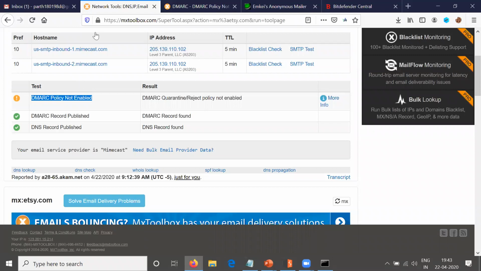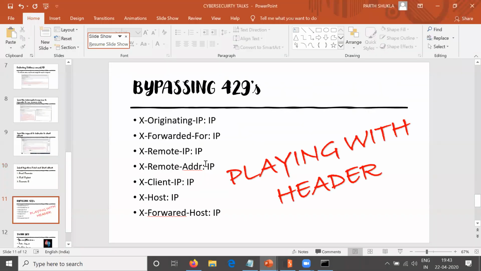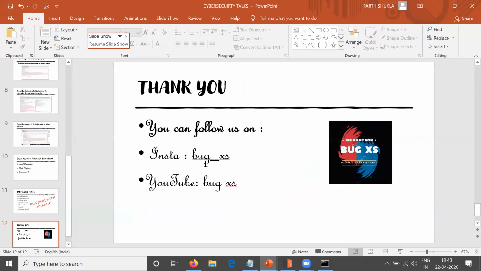If you are always redirected to an evil page, you can always report it. So basically this was all about rate limiting, 2FA bypass, and SPF record. I know SPF record was quite boring, but trust me, you can always go for DMARC record and report that. That is a P4 vulnerability and you'll get a bounty for that.